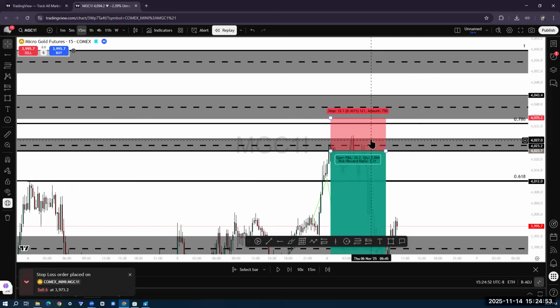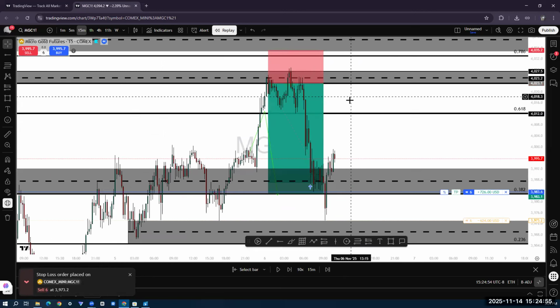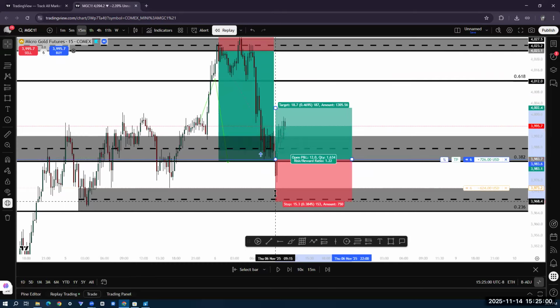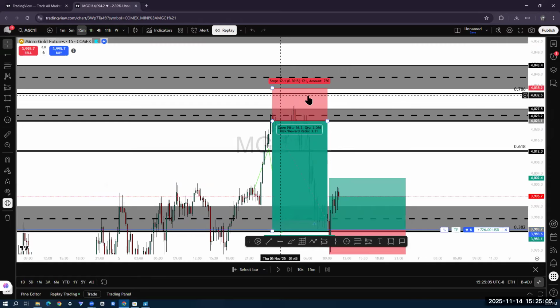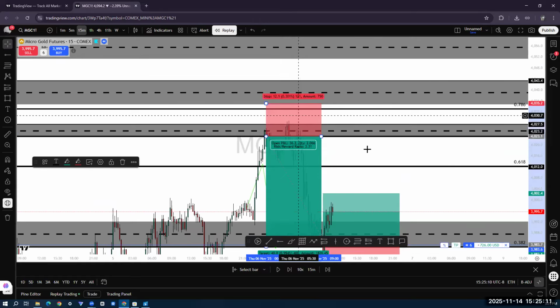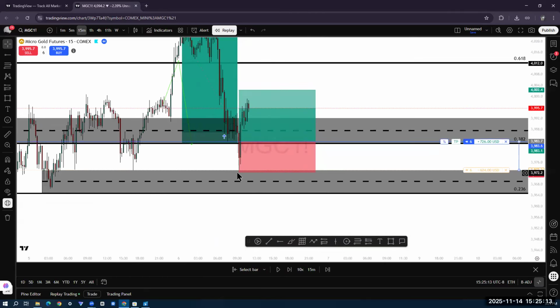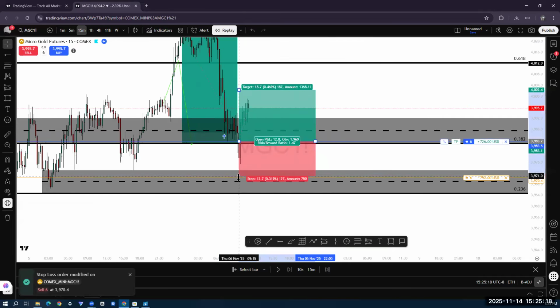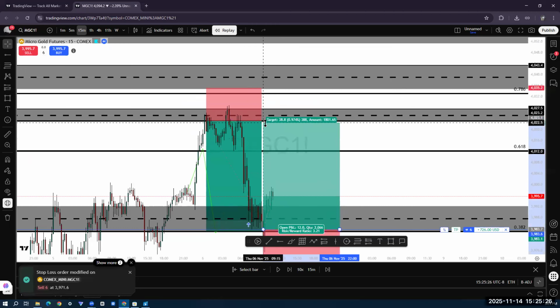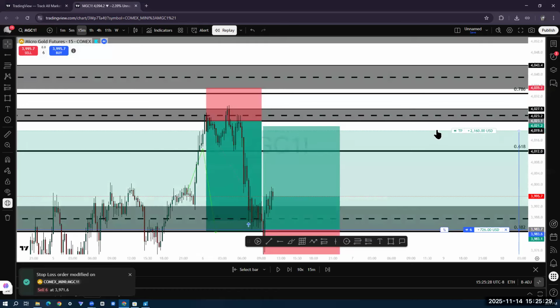This is a 121 pip stop loss. So let me see how much 121 pips is. Oh yeah, we're good. Yeah, 121 pips. That's how much I risk, 121. So if you look in the red box, it says 121. That's how many pips we're risking. So I'm just matching that up to make sure I'm risking 121 pips, and 121 pips will actually be down here. Stop loss would have been here, targeting a 1 to 3. Sometimes I'll target a 1 to 2, but let's target a 1 to 3.